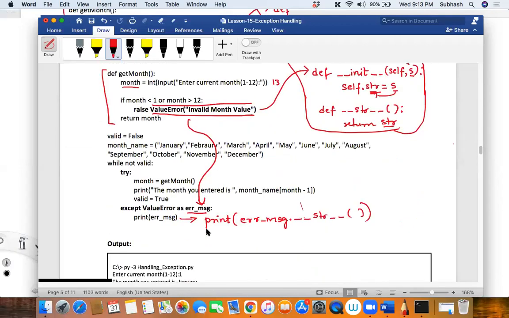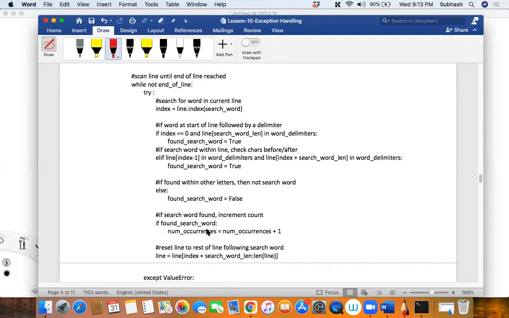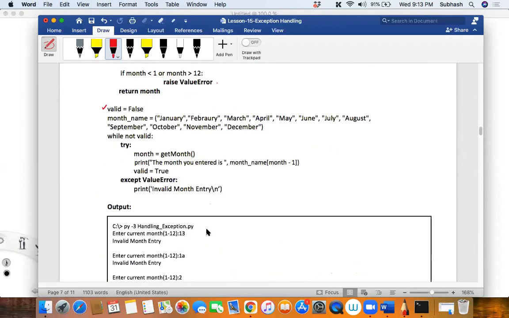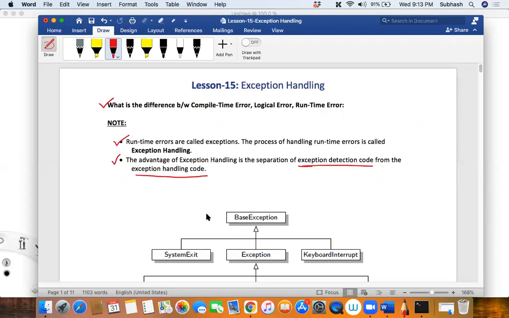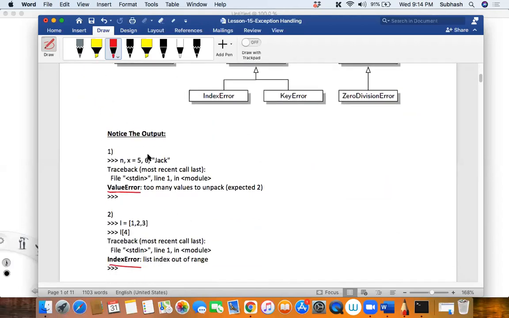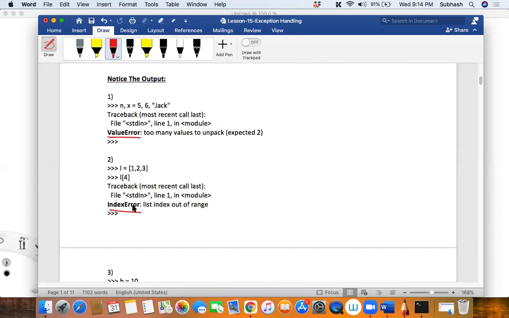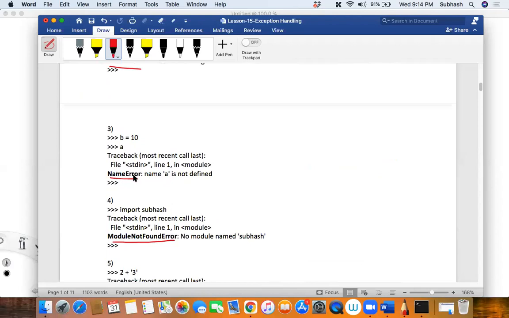Now I want to write my own exception class. See, when do you get value error? When you are not able to assign a proper value to it. You get an index error when you're accessing out of bounds, or you'll get a name error when you're using a name without defining it, isn't it? For each and every scenario, you have a different error. Correct?